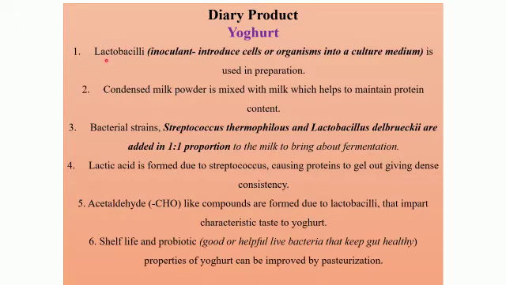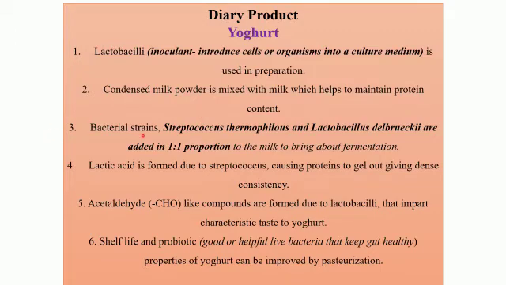So here we are going to use a small quantity of Lactobacilli as an inoculant, and it is to be added to the milk whose fermentation we want to bring about so as to prepare yogurt. To this, condensed milk powder is also mixed, because it is rich in protein content. So milk powder we all are acquainted with. We get it readily in the market, and you only have to add it to water so as to get the milk. So condensed milk powder is also added along with the Lactobacilli so as to increase the protein content of the yogurt that will be formed.